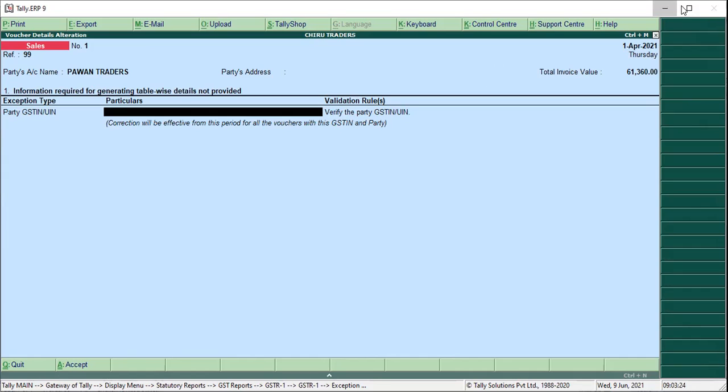So, the GSTIN number of Telangana state. I'll just type it: GSTIN number of Telangana state.